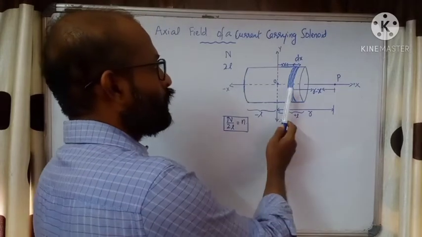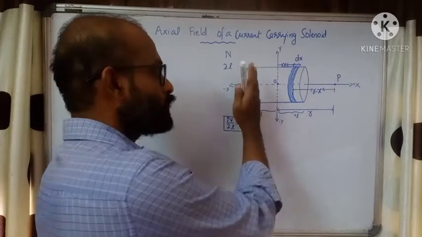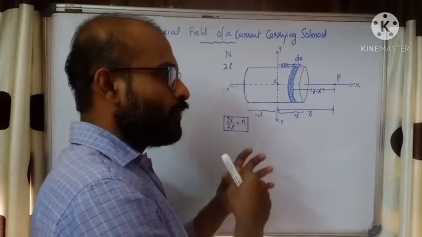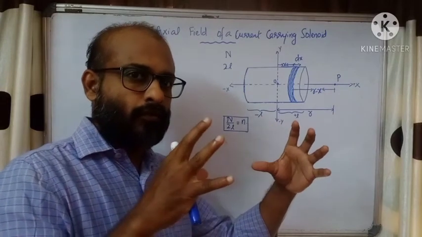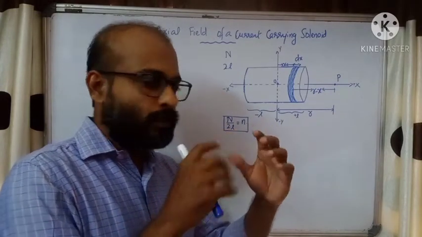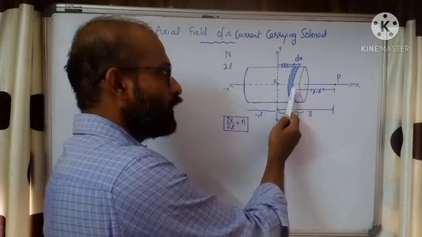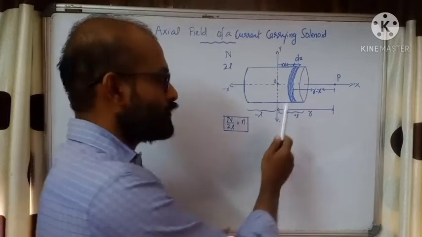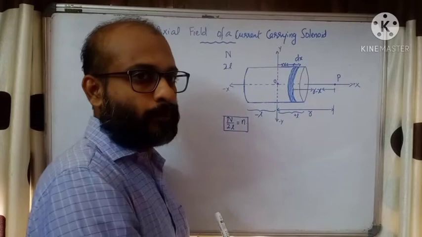Okay. Now what we need to consider is, we need to split this solenoid into small portions. See, actually if you have a large number of circular coils, and you place the circular coils together, you will get a solenoid. And I consider one such circular coil having a few turns. So it is marked here. A few turns are there for the circular coil.